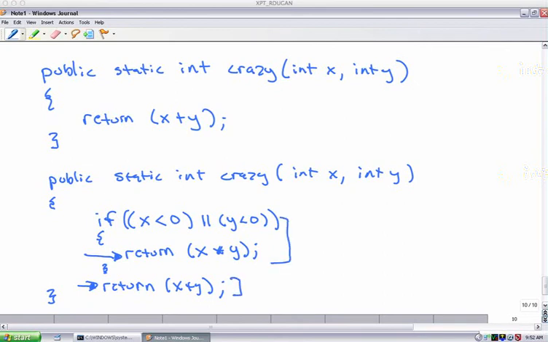All right, so if you're remembering, again, I just want to remind you why we're doing this. I'm trying to demonstrate the idea of method overloading. And I have two interesting methods here. The first method, crazy,